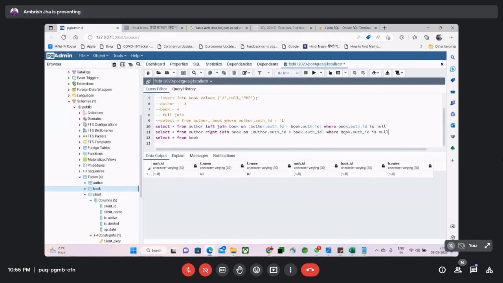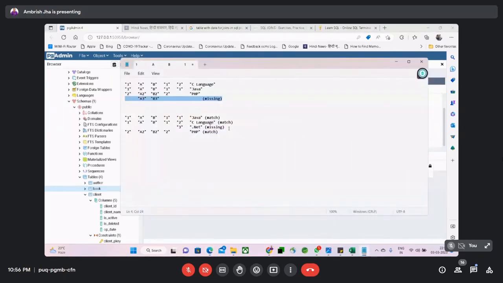WHERE author.auth_id IS NULL. एक रिकॉर्ड आया है, सारे नल हैं। 3.net पिक्चर में हम अपने इसमें देख लेते हैं। ठीक है, क्या समझ में आया? लेफ्ट ज्वाइन और राइट ज्वाइन हम तब लगाएंगे जब हमें फर्स्ट टेबल के सारे रिकॉर्ड विद मैचिंग वैल्यू ऑफ द सेकंड टेबल चाहिए। राइट ज्वाइन हम तब लगाएंगे जब हमें सेकंड टेबल के सारे रिकॉर्ड विद मैचिंग वैल्यू ऑफ द फर्स्ट टेबल चाहिए।